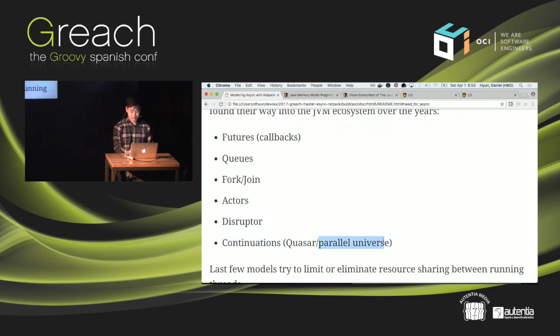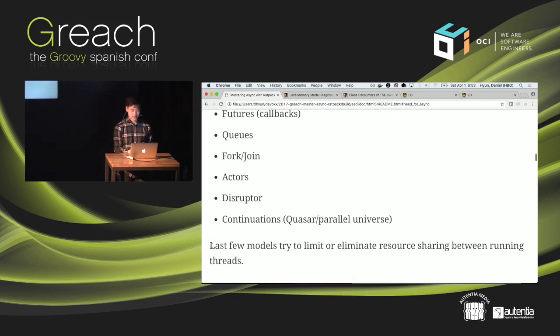And we also have the folks at Parallel Universe producing libraries that allow you to produce lightweight threads, or they call them fibers, maybe green threads or something like that. But essentially they allow you to have continuations on the JVM without having to really change the way you write your code so much. And what we're heading towards is a world where we're trying to achieve lock-free concurrency.